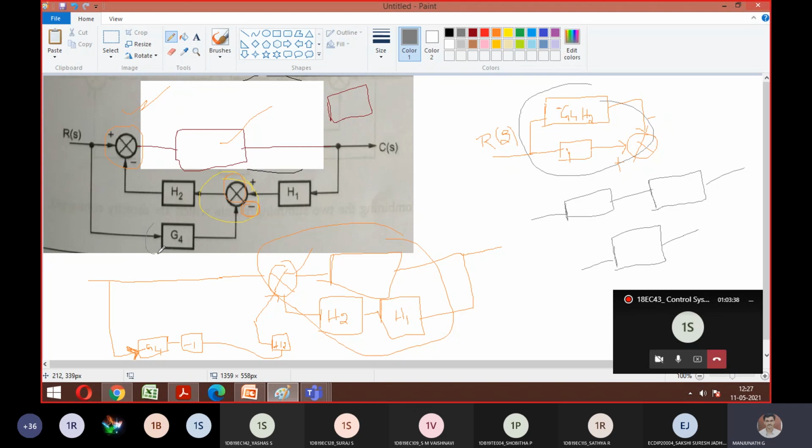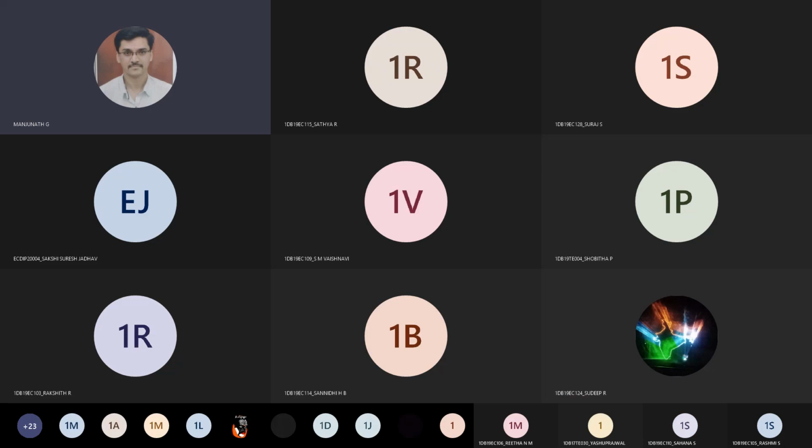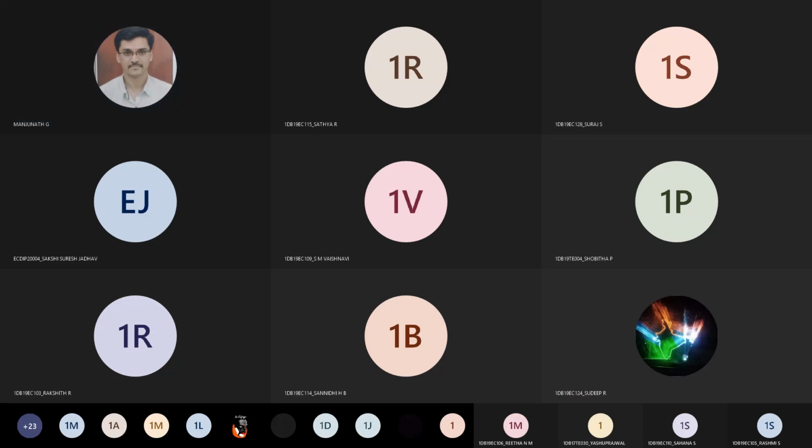So the only thing you should remember is this. See, this arrow mark is very important. Look at the cursor. It is a forward path, not a feedback. If this was in, then you could have taken it as a feedback. The only thing you should remember in this category, because till this point you will do it correctly. This is the only junction where you will commit a mistake. So try to overcome it. Is it okay? So finish off that. Everyone? Any doubts?